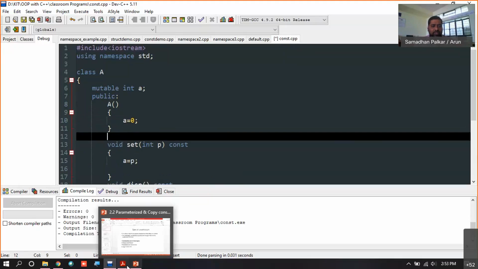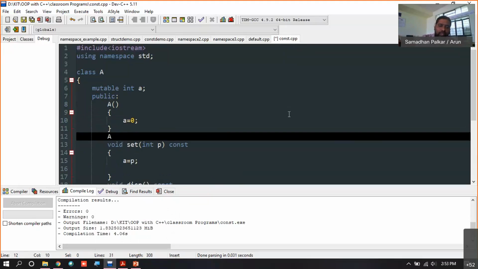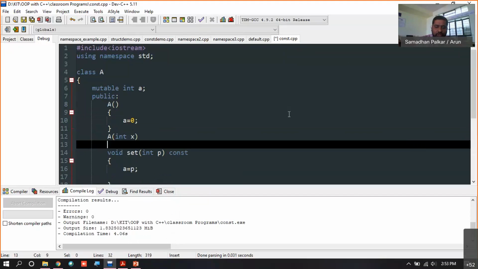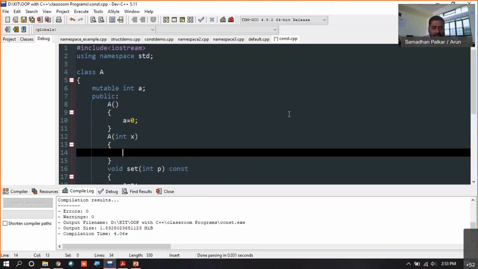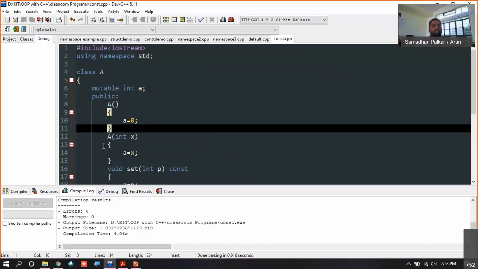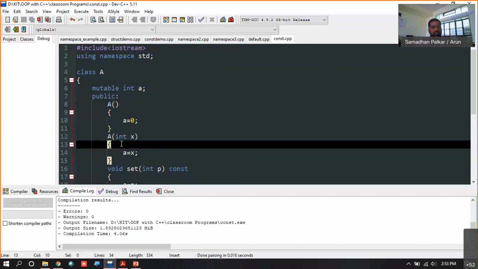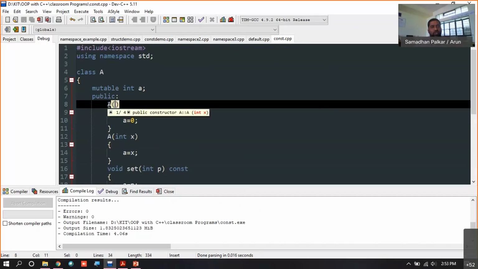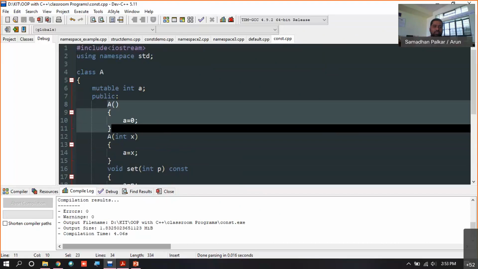Now a parameterized constructor, wherein whatever data members are there inside that object, we pass those data members using a constructor, and we can assign a value to those. So this is simply called a parameterized constructor. Either you can pass one parameter or any number of parameters which are there inside the object, right? With parameter it is called a parameterized constructor. Without parameter it is called a default constructor in case of C++, right?